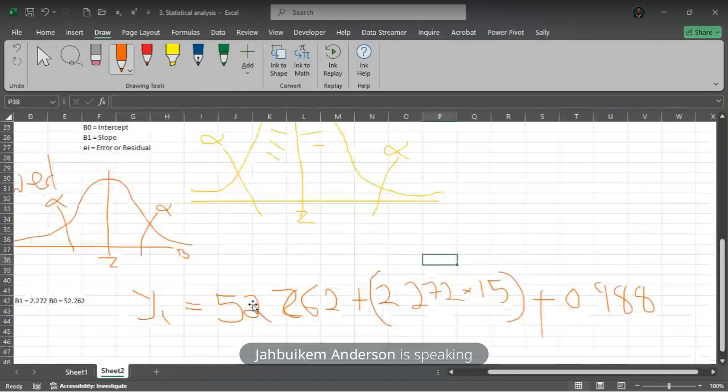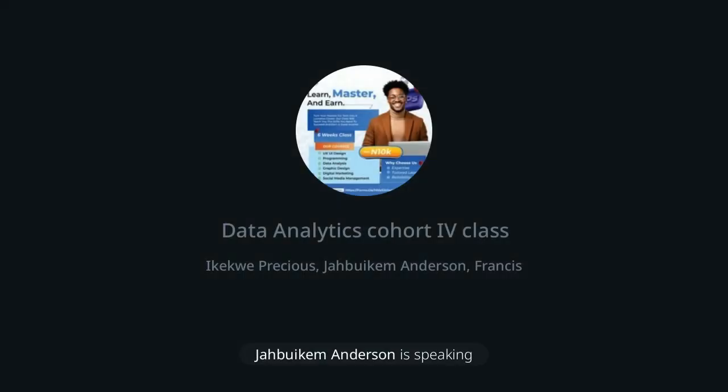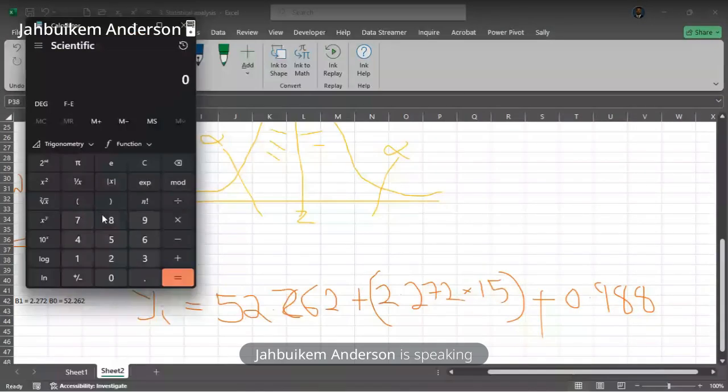So if you should run this analysis, you multiply 2.272. Let's try to do it and see if we get it. So let me search for the calculator. I just want to show us how sweet regression can be, or even statistical analysis can be, when we know how to do it very well. So let's try doing this on the scientific calculator: 52.262 plus open brackets 2.272 multiplied by 15 close brackets plus